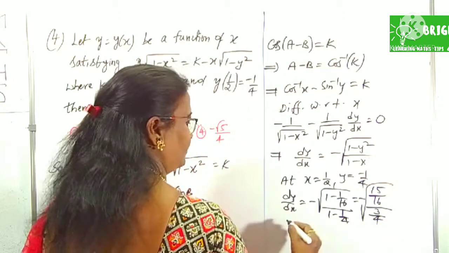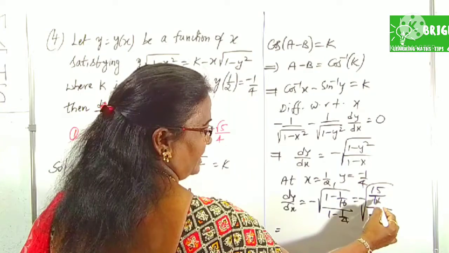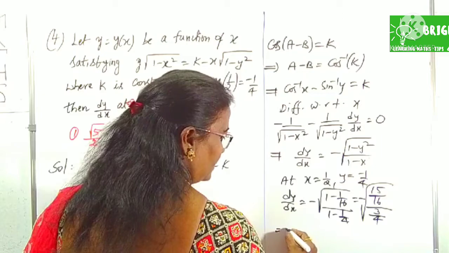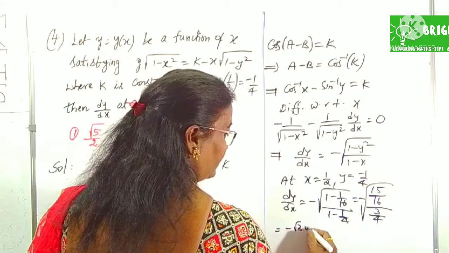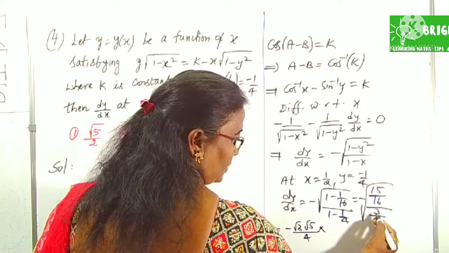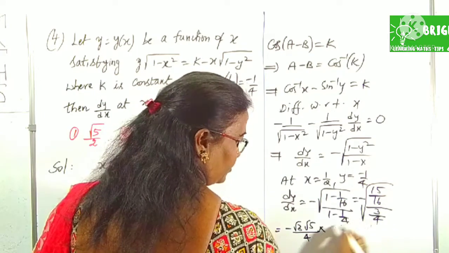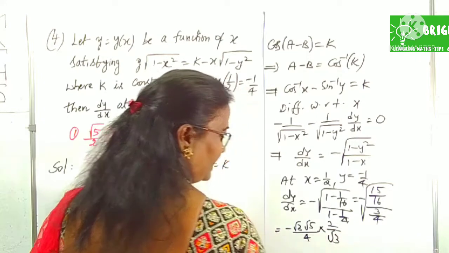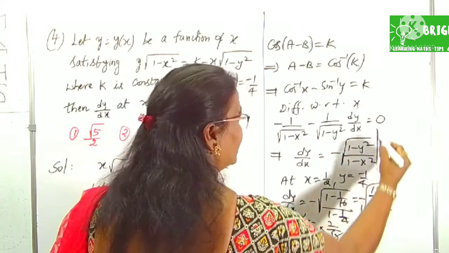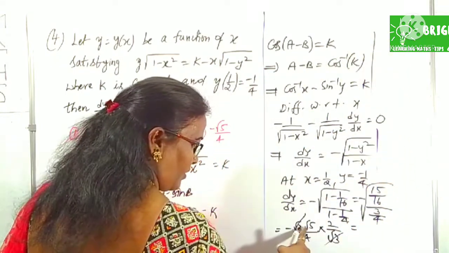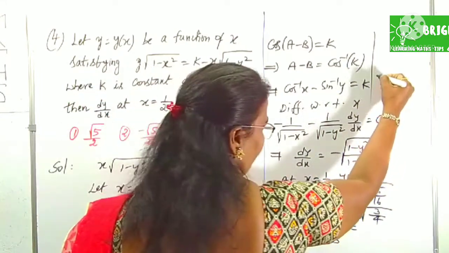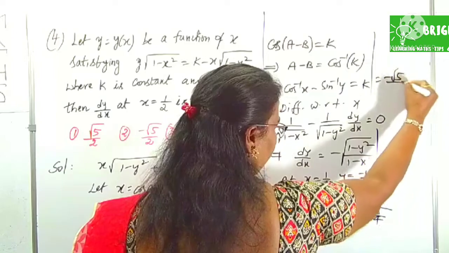Now this is clearly what? Root 15 by 16 is how much? Root 15 by root 3 into root 5 by 4 into root over 3 by 4, means root 3 by 2, means 2 by root 3. What happened? 1 3 cancel, 1 2 cancel. This is simply the resultant value I am writing here. 2 2 cancel, root 5 by 2 with the minus. Therefore, the value is minus root 5 by 2.